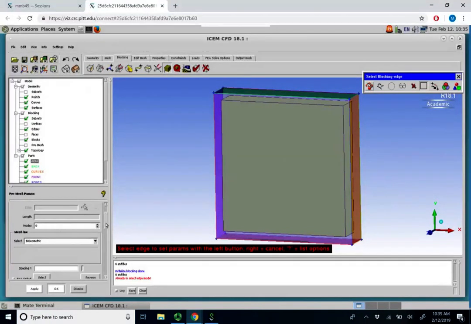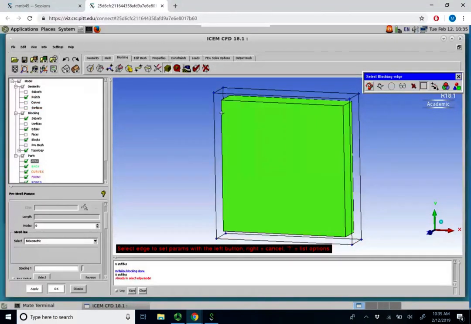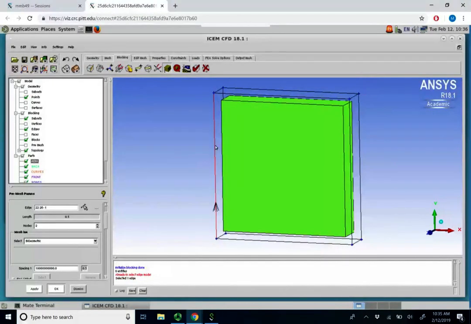So, the dialog box tells us to select an edge to set our parameters. And to make this a little easier to visualize, we can turn off our curves and surfaces, and we have our block now with associated edges. We can select an edge. The arrow shows the directionality for which the mesh divisions are going to be applied, and the red indicates that